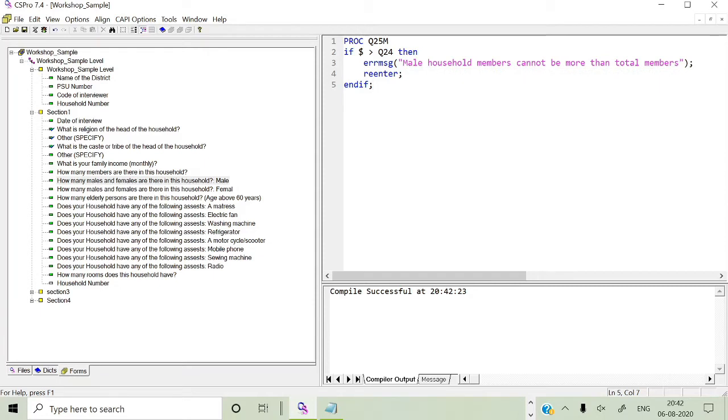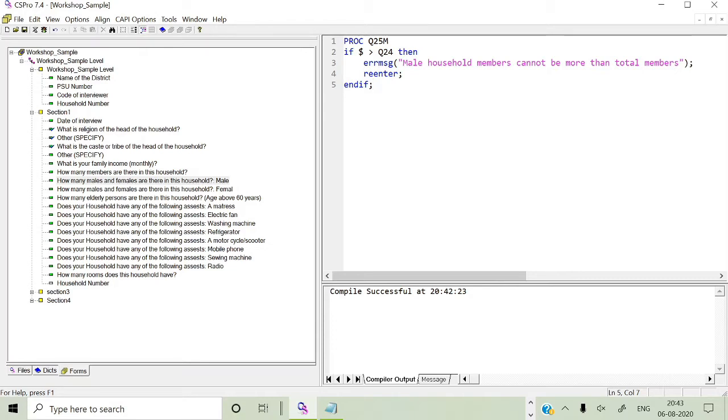when the questionnaire is with you, first of all, before writing an application, you have to think about how you want to write the programming, what kind of data entry package, what validations I have to check, and which are the places where I have to declare validation checks and balances. All those things you have to take into account and keep in mind. So this kind of program has to be written.